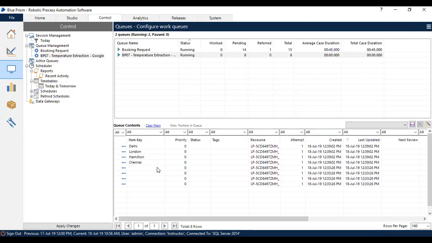So that is the main aim of giving a field name in the item key field when you configure your queue. You have to configure it only once, because you don't need to configure it often. If you want to change the column name, for example, if you are creating accounts, the account number might be very sensitive, where you don't want it visible in the control or queue management part. In that case you can go to other columns, like name or first name, last name, and so on. So you can give those column names for your reference to track the transactions done by the bot.